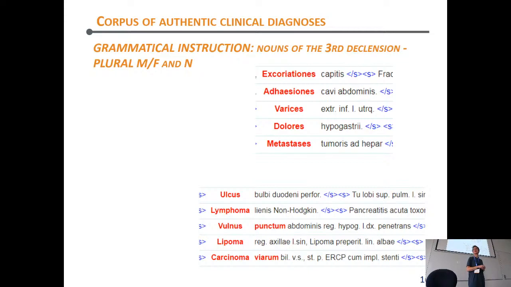Last example of an activity from the corpus. What is usually the most problematic issue with students in the first semester is the so-called third declension. So again, we can show them some occurrences and typical endings that belong to this group. So, for example, here in the first